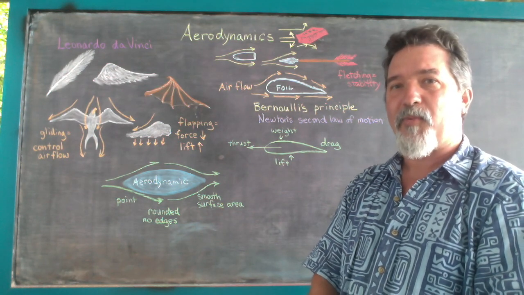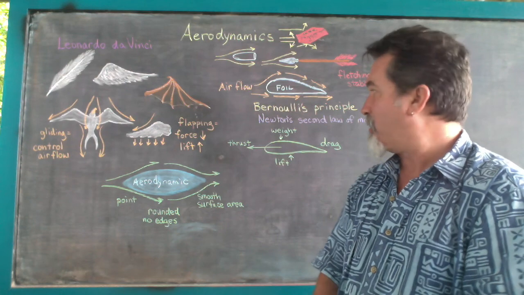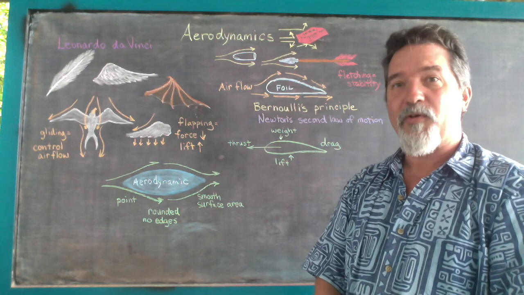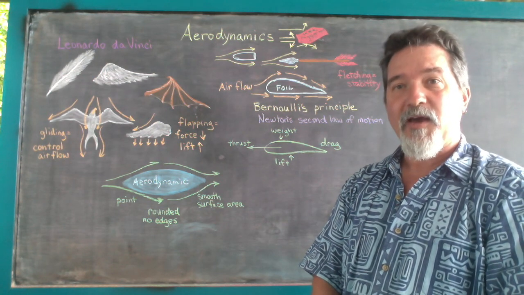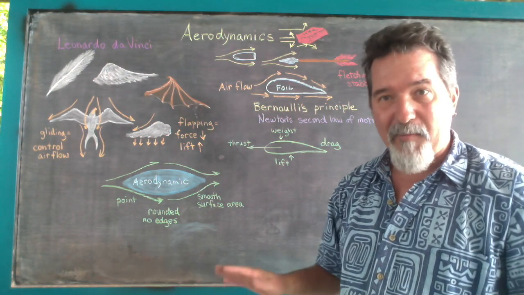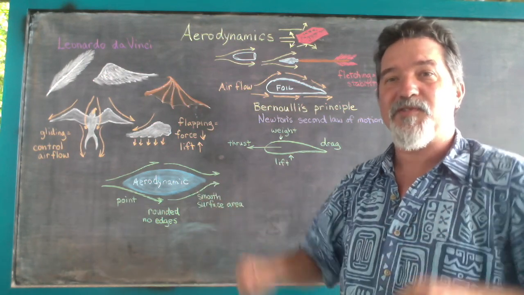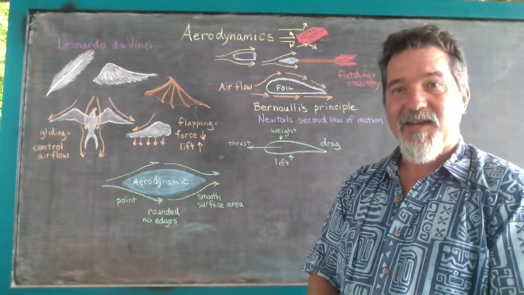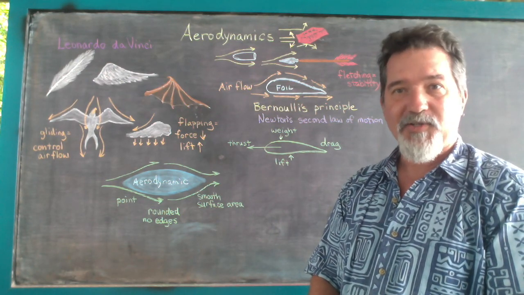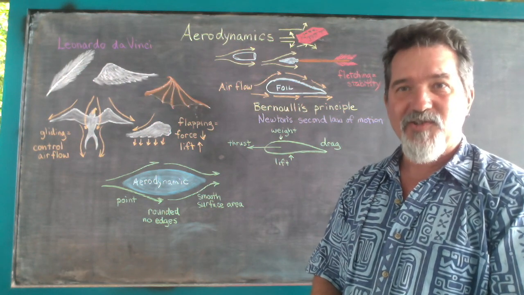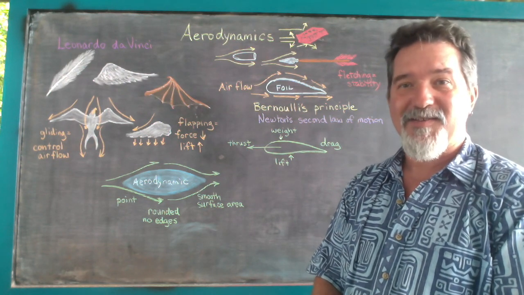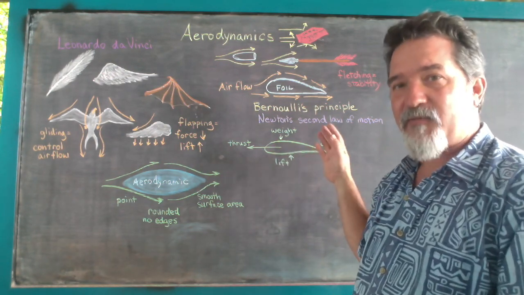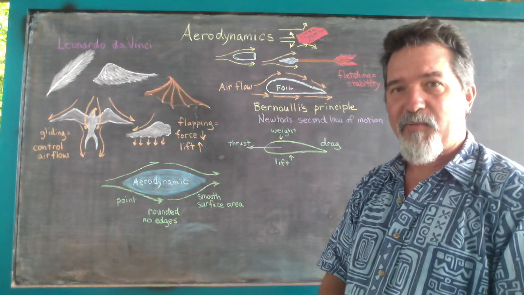So there are 4 important things that we need to know about a foil. And this can be an aerofoil, like an airplane wing, or this could be a hydrofoil, like a fin that allows a ship to go up at a certain speed and lift off of the surface of the water. Or it could even be as simple as the design of a dolphin's pectoral fin, which really is a way that nature is telling us that that's a good idea because it works well. So there are 4 things that we would see in a foil or an aerofoil for an airplane wing.